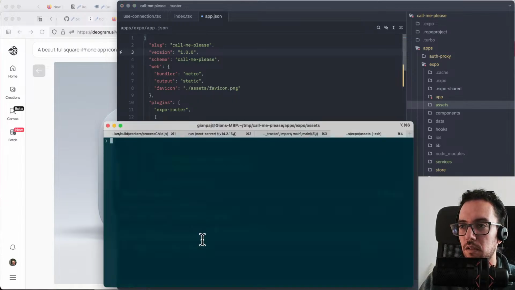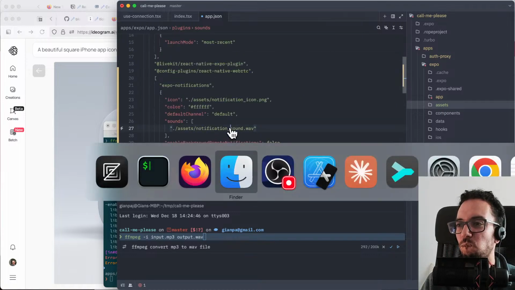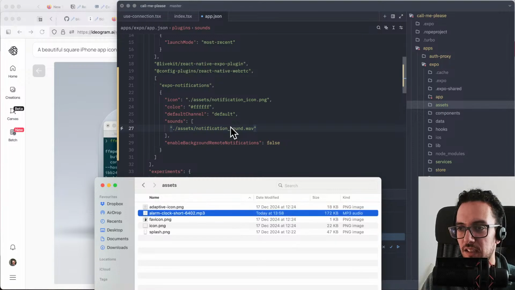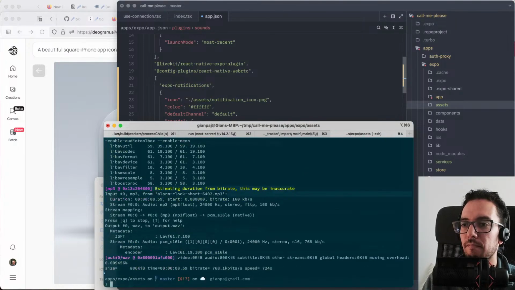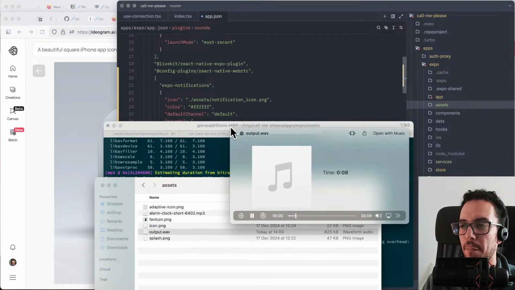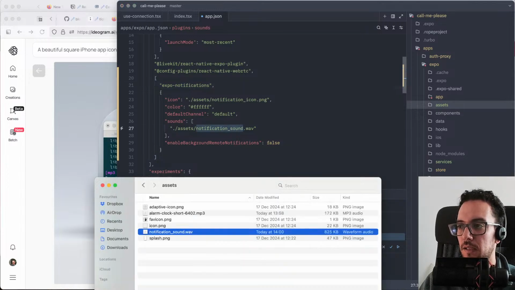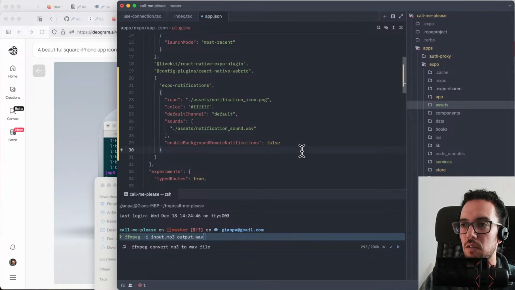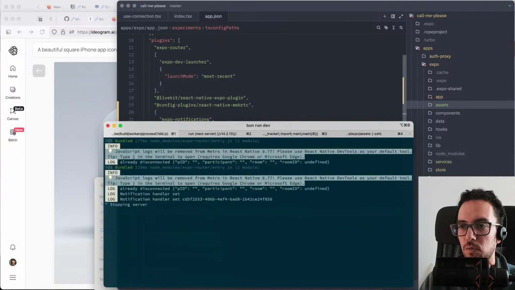So I copy that command, and I need to specify, of course, the correct name of the file. That's the name of the file. Now we should have an output.wav file. Nice one. We'll rename it to notification sound. And that is probably it. I'm gonna save this file, run